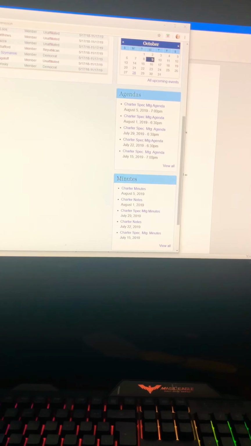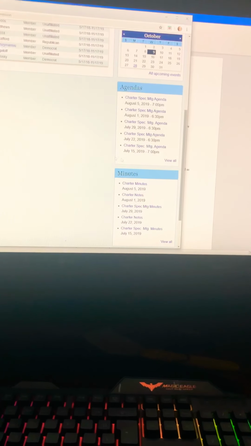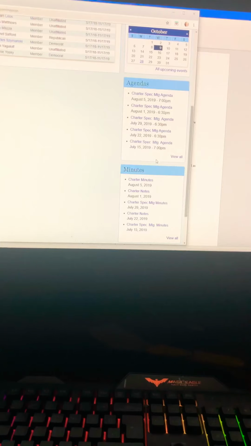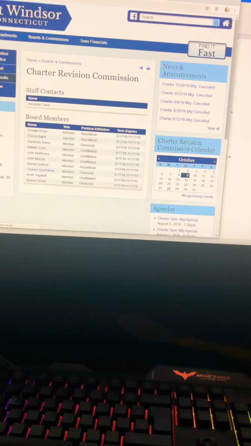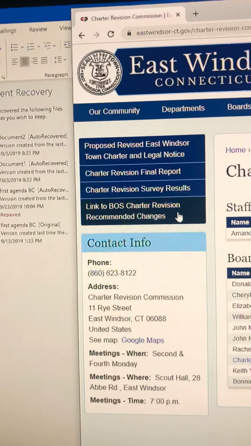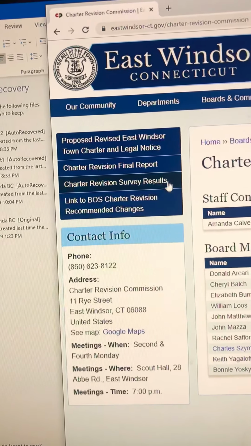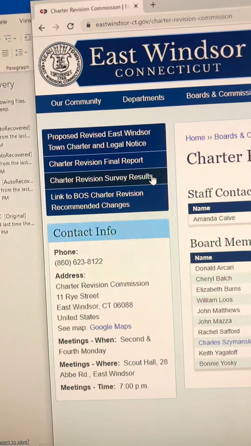There are also their agendas as well as their minutes. You can use those to help educate yourself a little bit with the details that went on throughout the process. So basically over here, we have the different links to the recommended changes, the survey results,